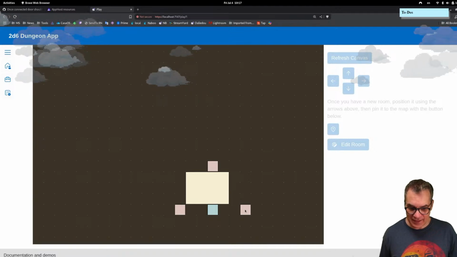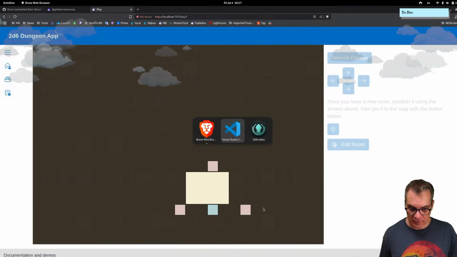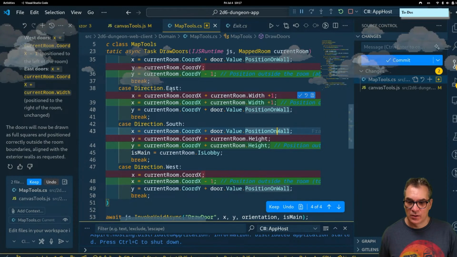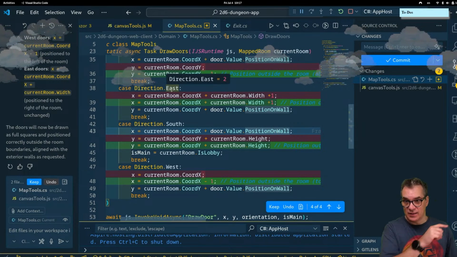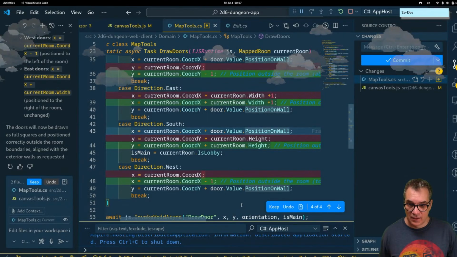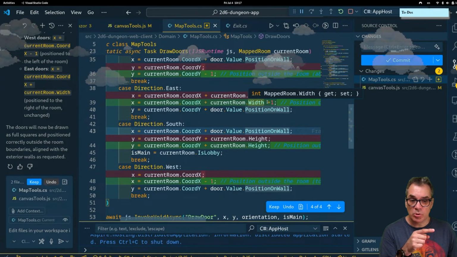I feel like this is even worse than before. What am I doing wrong? So direction east, it's that one, right? So direction east. Oh no, it should be